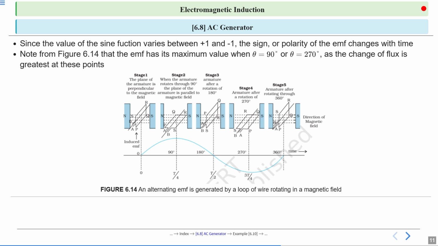Okay, that's why it is called alternating current. It is changing its direction, and because PQ is connected to one slip ring only, when current is from P to Q, all current in the outer circuit will be in a specific direction, and in the fourth stage, current in the outer circuit will reverse. Okay, so that is called alternating current, which is changing its direction after a particular interval of time.